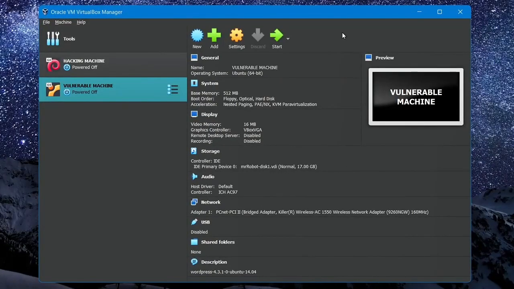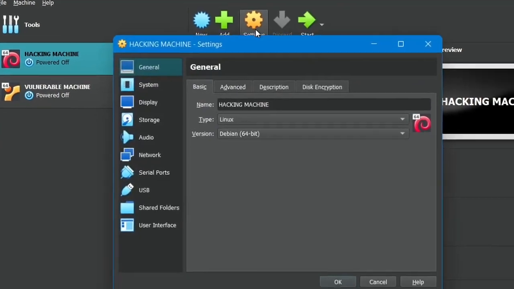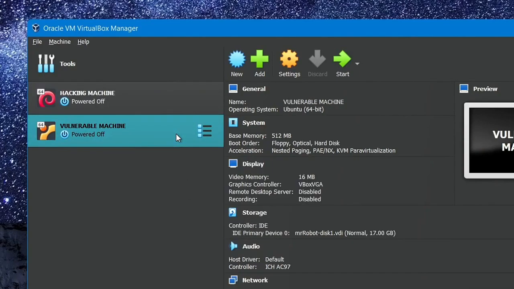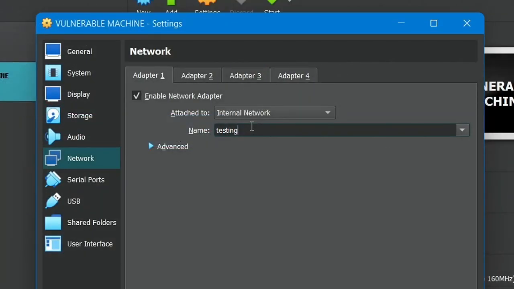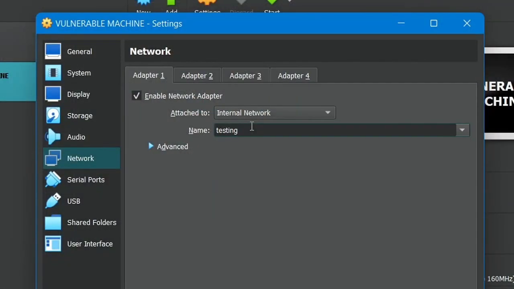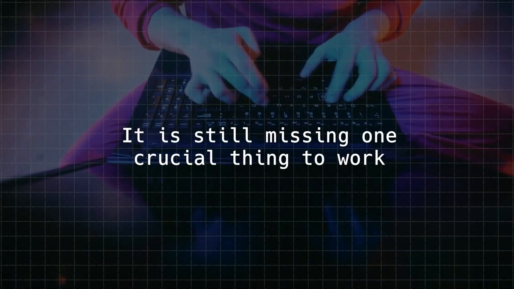So to create an isolated network on your computer, first select your hacking machine from this left menu, and go to Network Settings. Then choose Internal Network from the drop-down menu, and give your network a name. Next, repeat the same steps for your vulnerable server, and use the same network name you assigned to your hacking machine. Now if you've watched my video on networking basics for hackers, you'll know that while we've given a name to our network, it is still missing one crucial thing to work, and that one crucial thing is called a